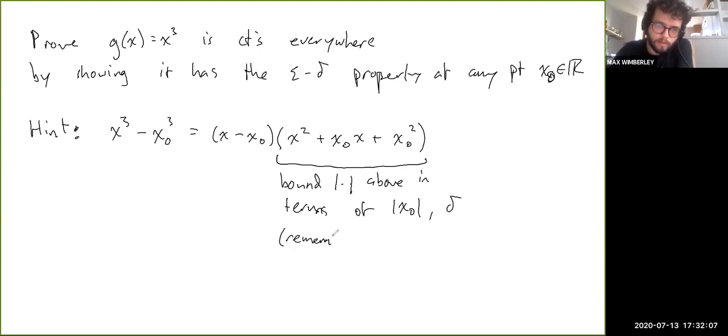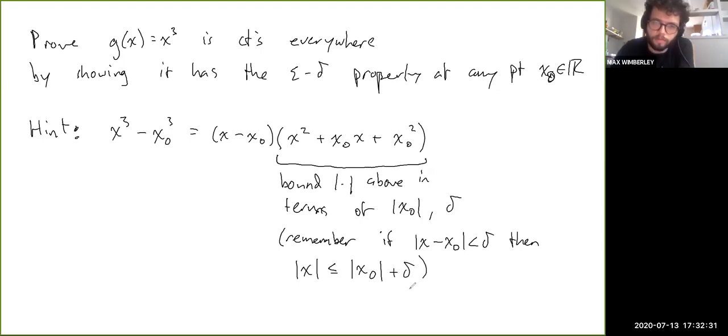So for this, it might be useful to recall that if the absolute value of x minus x naught is less than delta, then the absolute value of x itself is less than or equal to the absolute value of x naught plus delta. Okay, and then